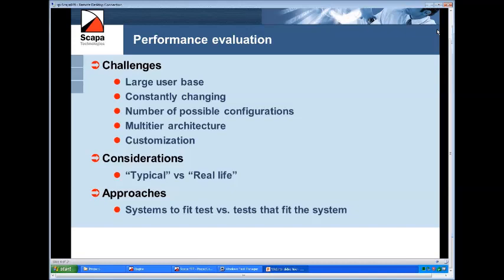If something works for a typical system, it doesn't necessarily mean it will work in real life in the system that you need to look at. So there are a number of approaches. There have been some attempts to